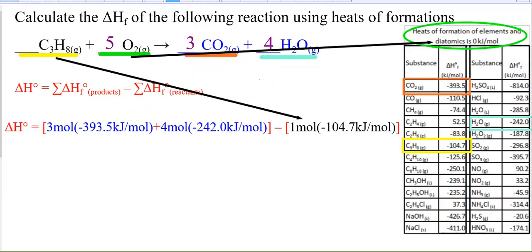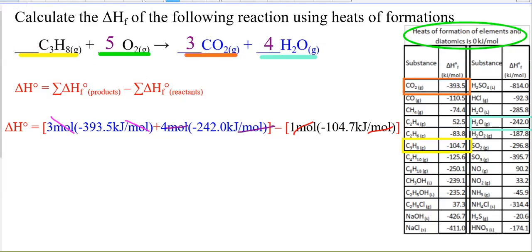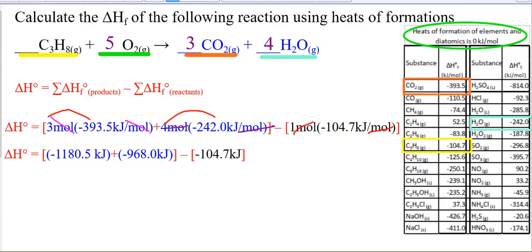And then the reactants, well, I only have one value. I have my propane, so I have my 1 mole. There's no number out front, which means I have 1 mole of propane. And so the reactant side is pretty straightforward. There's only one thing to do over here. So distribute, multiply my moles through, and basically that just cancels out all my moles across the entire equation, which is handy. So then when I actually multiply the 3 and the 4 through, I should get